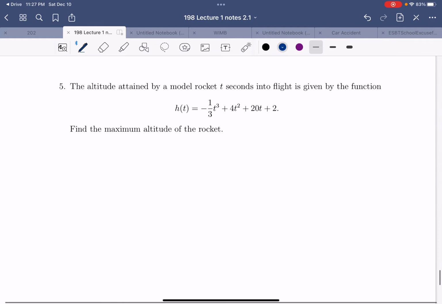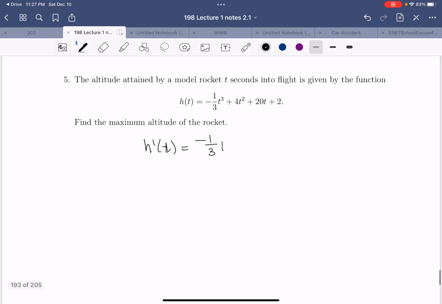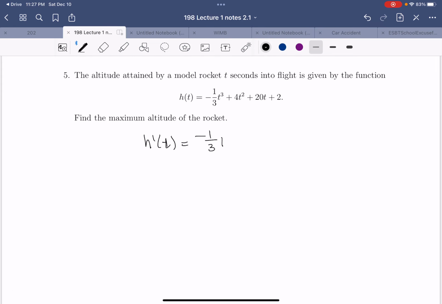And then lastly, number 5, the altitude attained by the model rocket t seconds into the flight is given by the following function. Find the maximum altitude of the rocket. So our equation's already given, so we can jump in and take our derivative. Remembering that your first derivative when it comes to position is going to be your velocity, and the second derivative is the acceleration. It's going to be negative t squared plus 8t plus 20, and we're setting that equal to